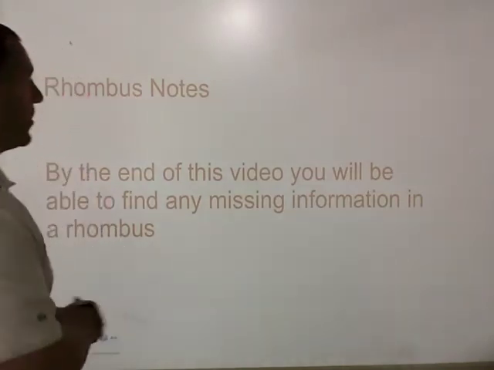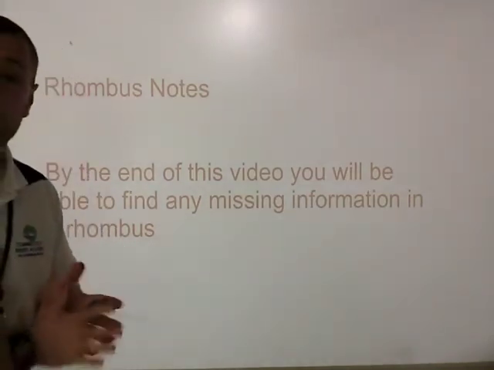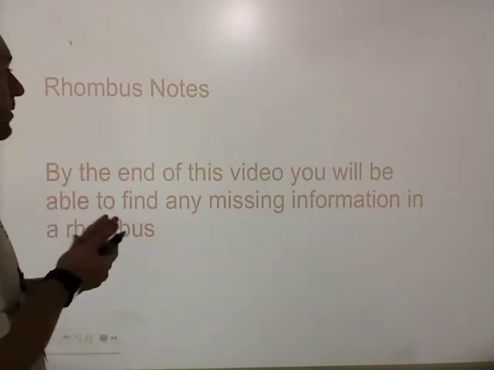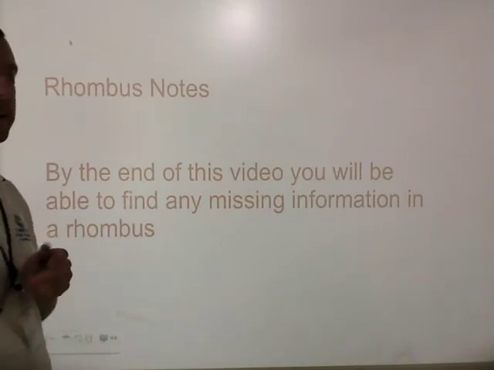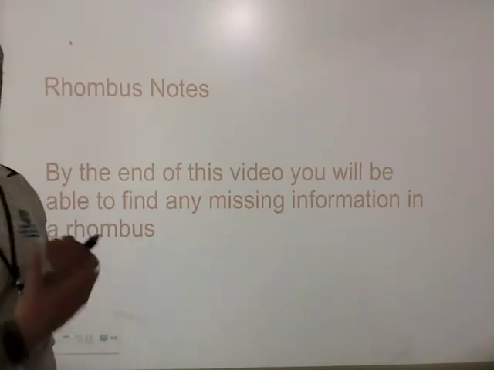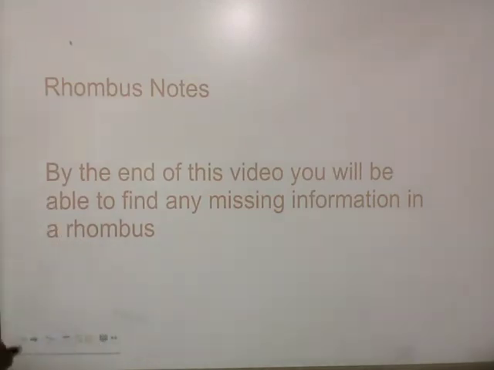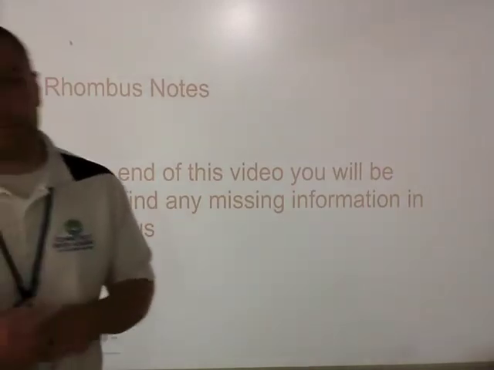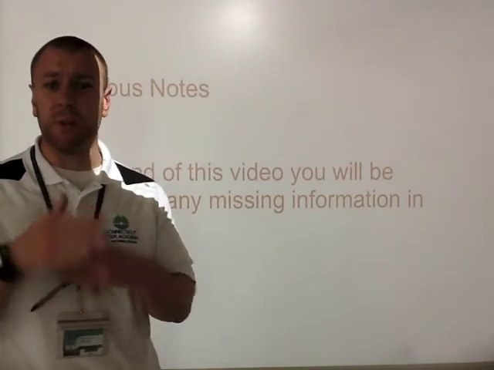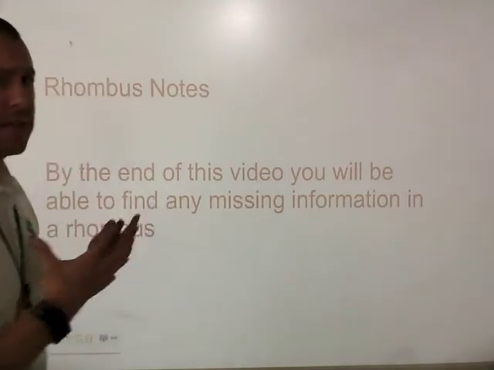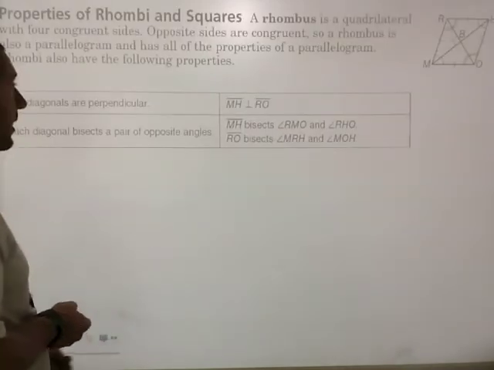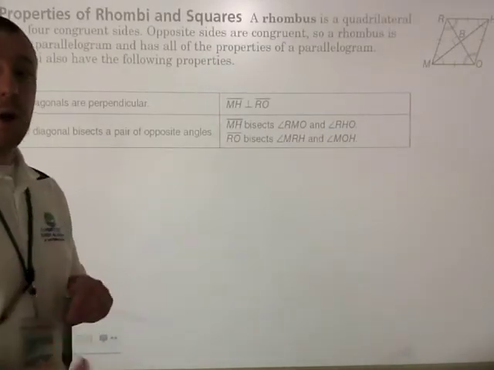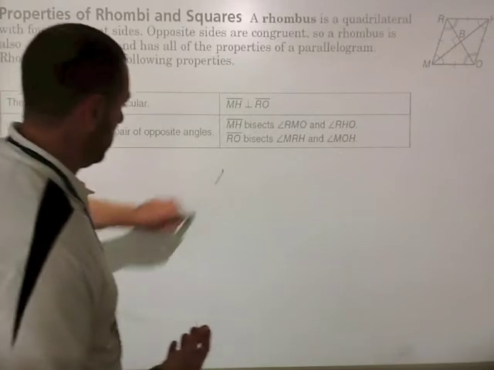I'm back again. So this video is about rhombuses, and rhombuses actually have two extra properties compared to parallelograms that you might not be aware of. And hopefully that Geometer Sketchpad sketch really helped you understand what a rhombus was. Shaped like a diamond, and remember, a rhombus is a parallelogram with all four